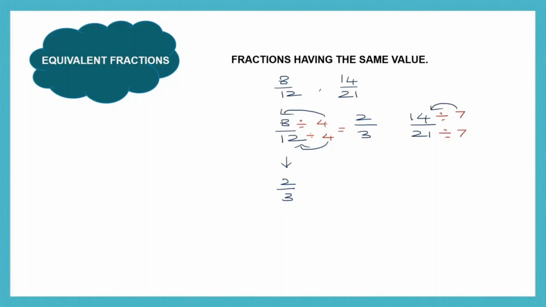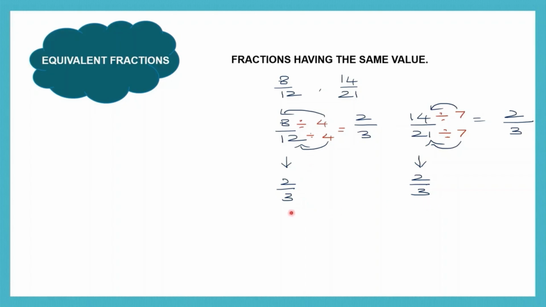7 into what is 14? 7 twos are 14 and 7 into what is 21? 7 threes are 21. So 14 by 21, when we reduced it, we got 2 by 3. Now can you see that we have 2 by 3 here and 2 by 3 here. So 8 by 12 can be reduced to 2 by 3 and 14 by 21 also is reduced to 2